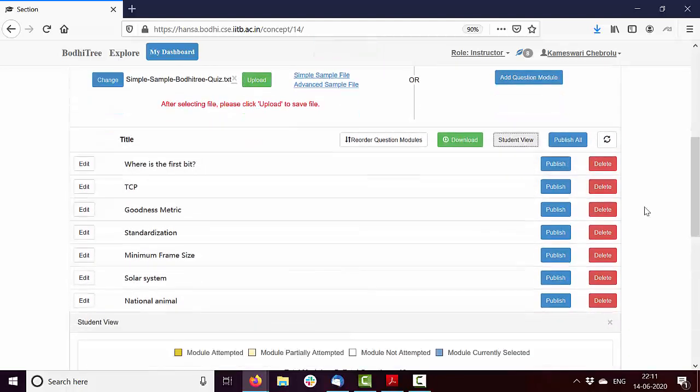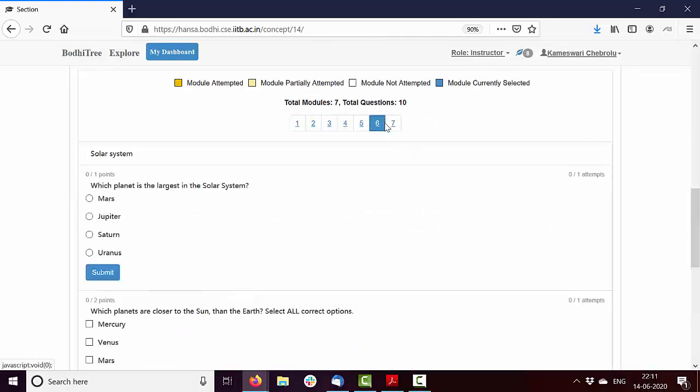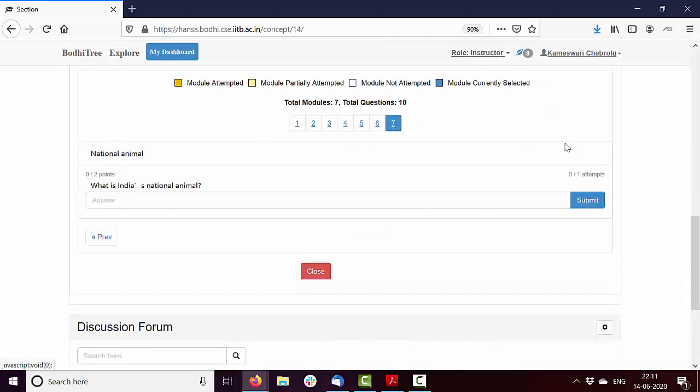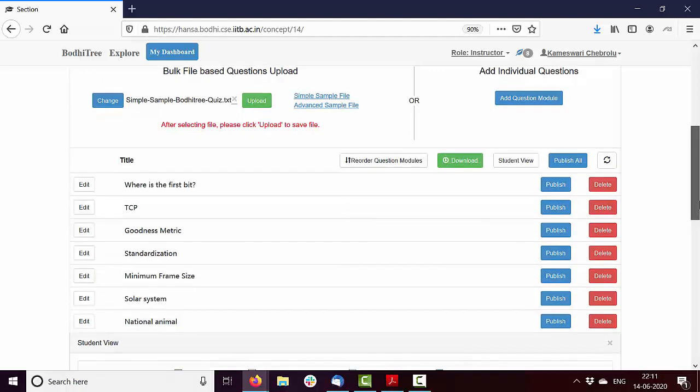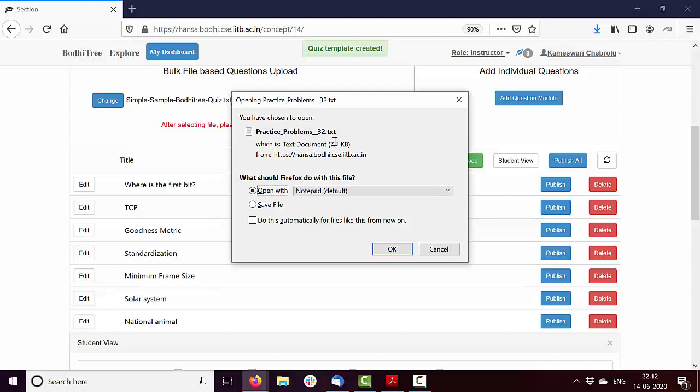Again, you can see the student view. So now you can see that there are these other questions as well. So you can keep adding questions using file-based upload. And all these questions, if you really want to download them again, you can click this download. It will give it to you in a text file. So this one, while uploading, I have uploaded 2 files, whereas this file, when I'm downloading, will have all the 7 questions in the same file.